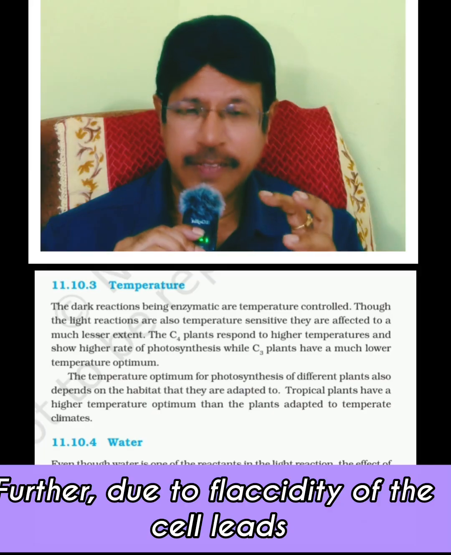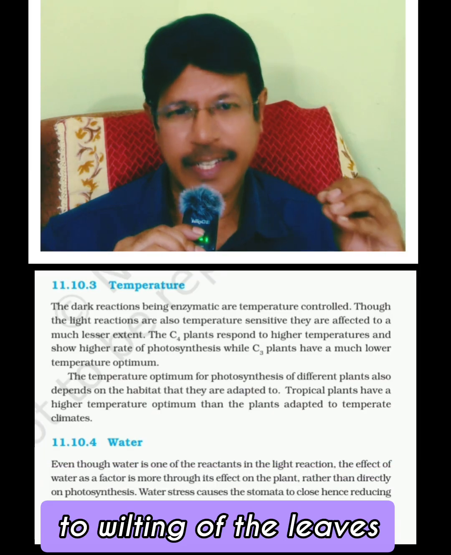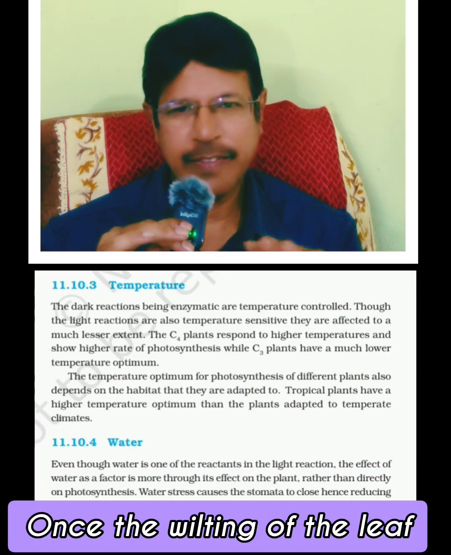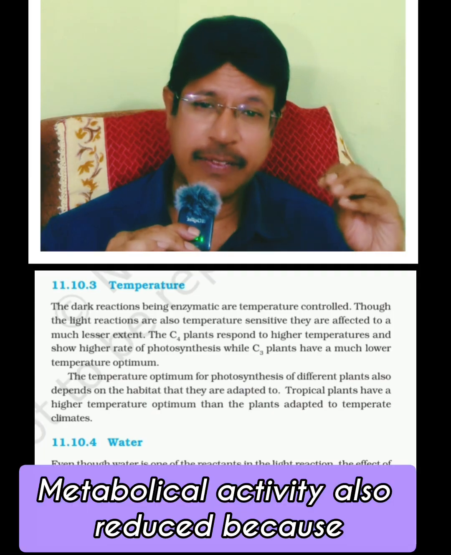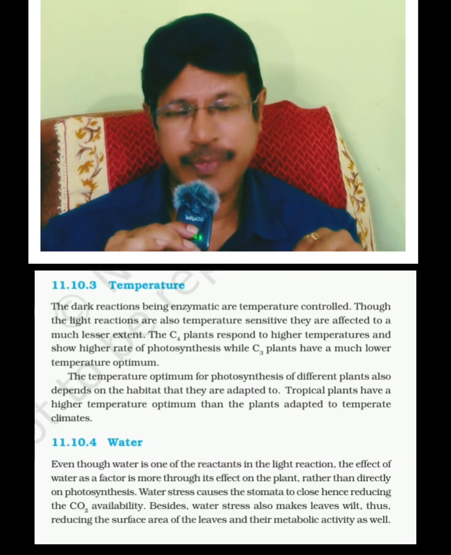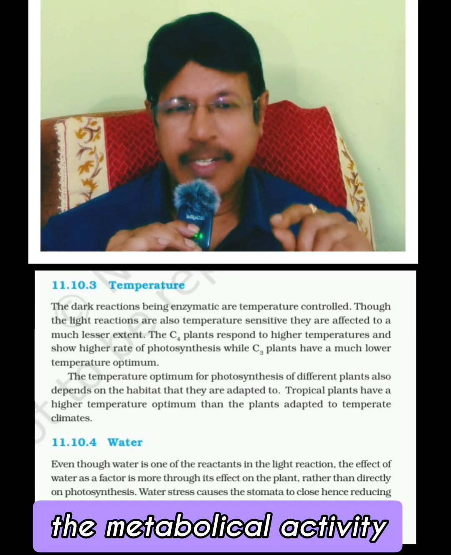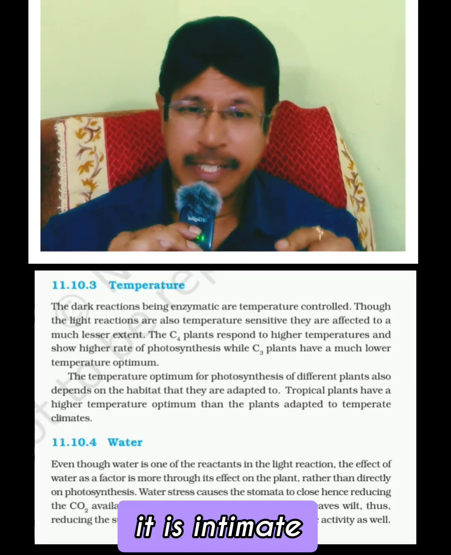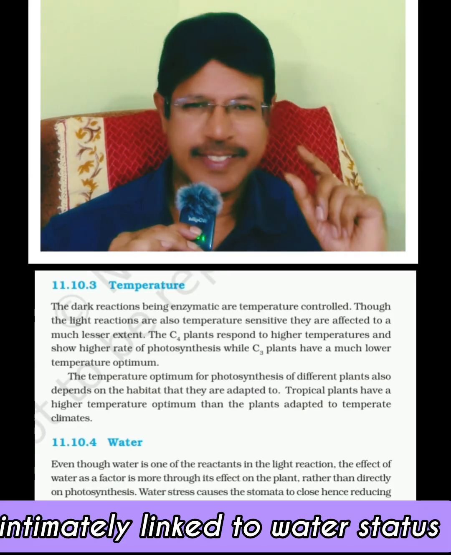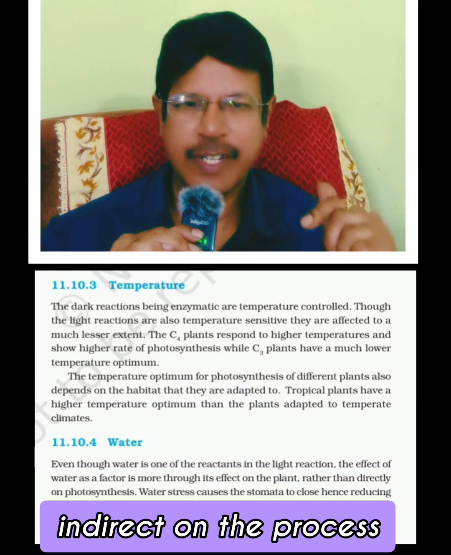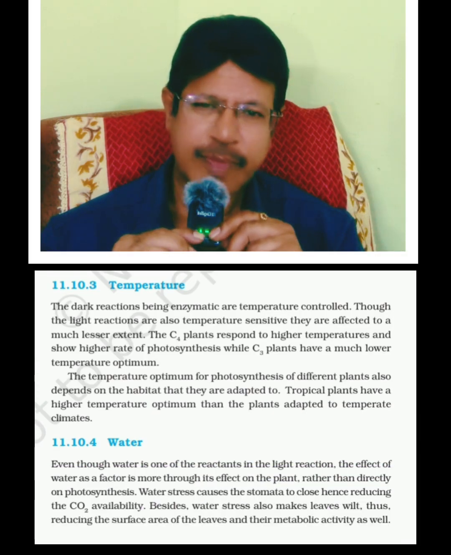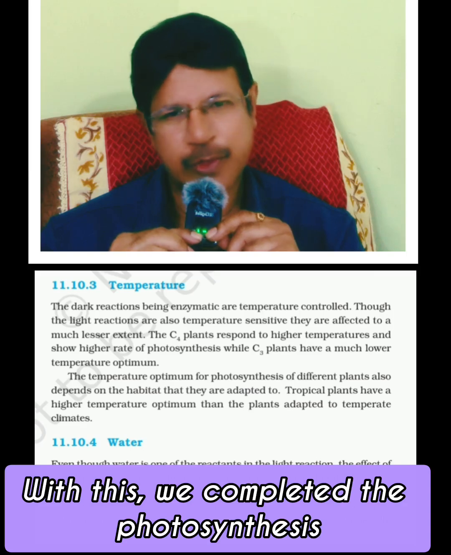Further, flaccidity of the cell leads to wilting of the leaves. Once the leaf wilts, the surface area is reduced and metabolic activity is also reduced, because metabolic activity is intimately linked to water status. So the effect of water is direct on the plant, indirect on the process. With this we completed photosynthesis,